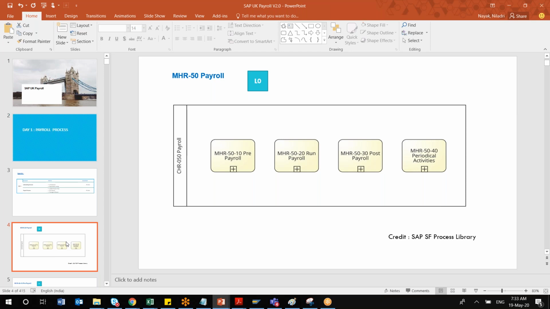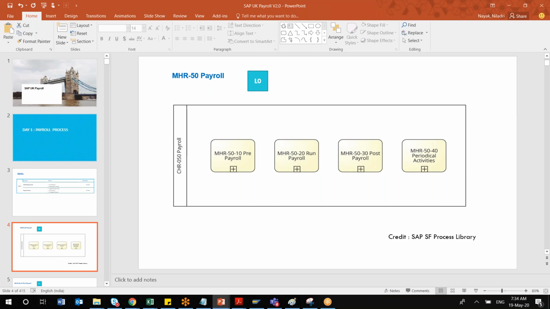We have to understand the different master data maintenance for a payroll, like the bank details of an employee, the tax details of an employee, or if he is a new hire, whether all the data required for payroll, basically the infotypes, are maintained or not.